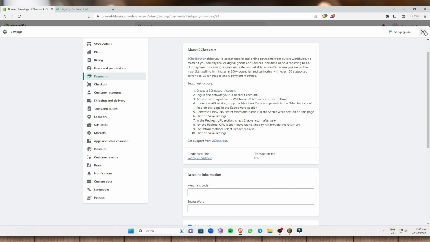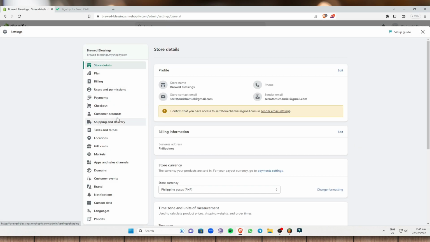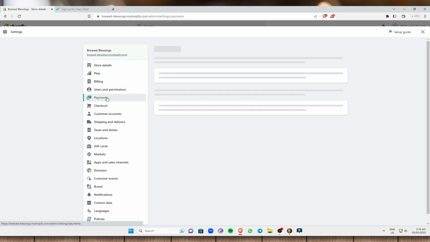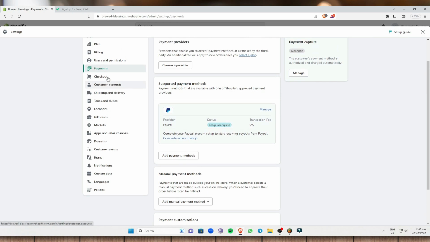Now the other way is you can connect your PayPal account to Shopify. So right here, the easiest way for me, because I use PayPal right here, as you can see my setup is still incomplete. So once you've done that, if you set up your PayPal, you can just connect your PayPal and Shopify, and you're good to go. So once you've done that,